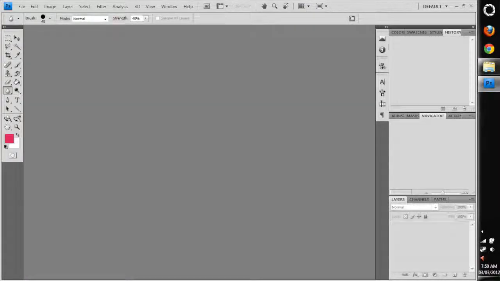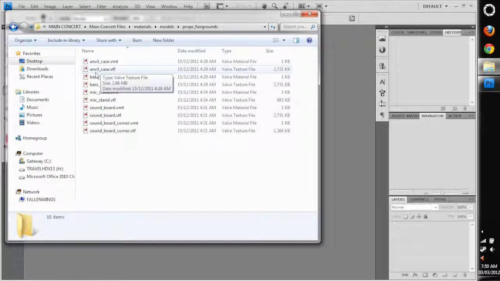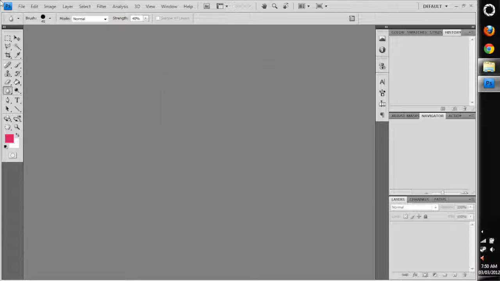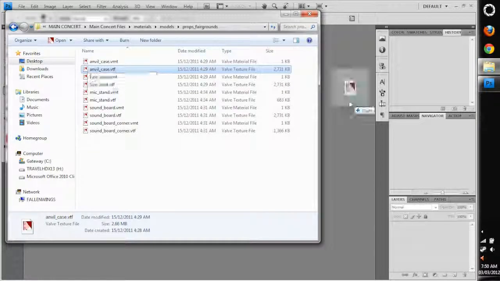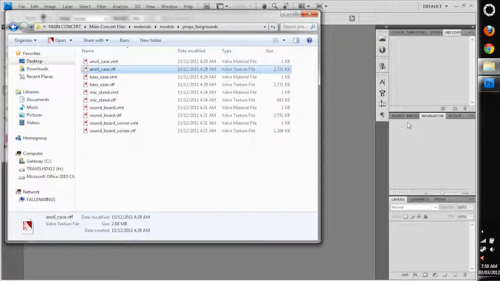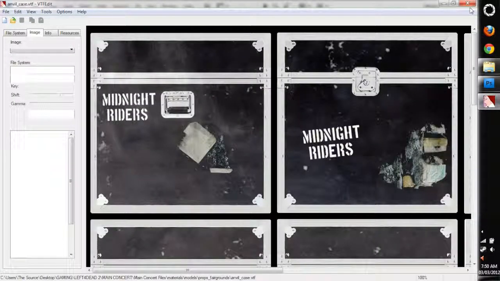I'm gonna go to, okay, got Photoshop open. Now, as I said in the first video, VTFs do not work on mine. If it works on yours, you can try it. It should work. I personally don't like taking that route though. This is a little issue with me. I do not like taking that route because then the files will get ruined if you save it at the wrong time. So